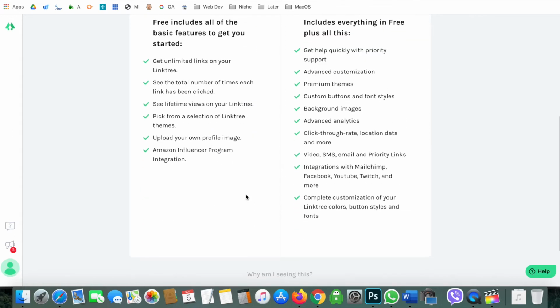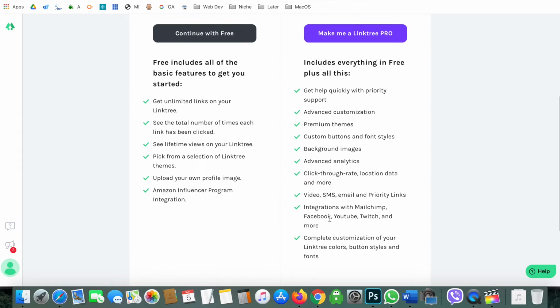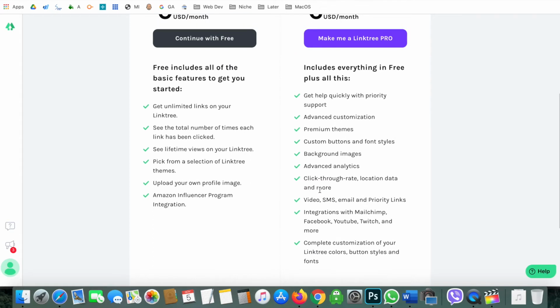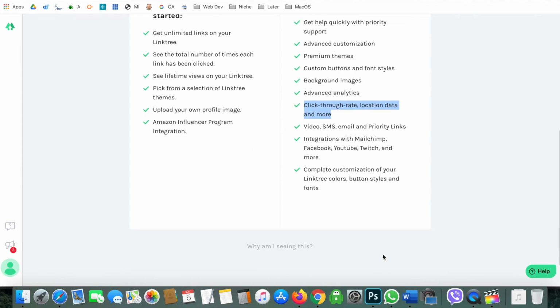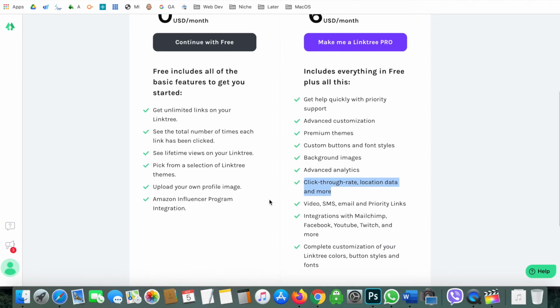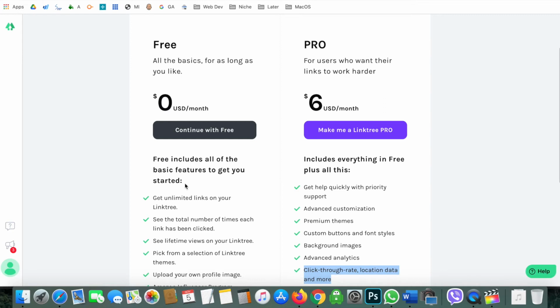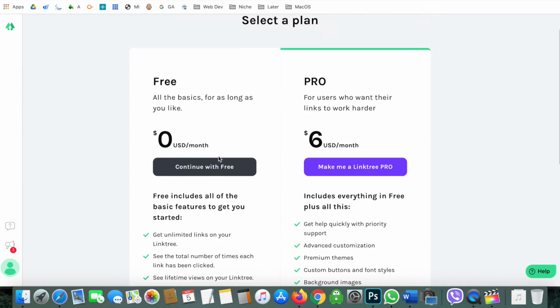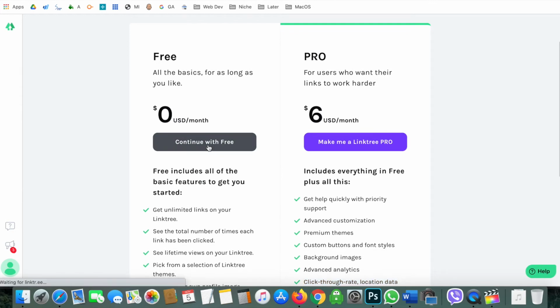Click-through rate is there too. This is something interesting. Click-through rate is good to have. Integration with MailChimp. Okay, complete customization of your Linktree, colors, button, font. So at the moment, I just click on continue with free because I can upgrade later.